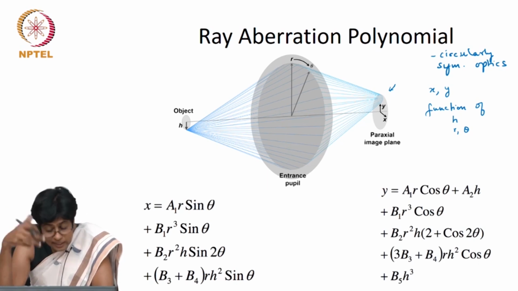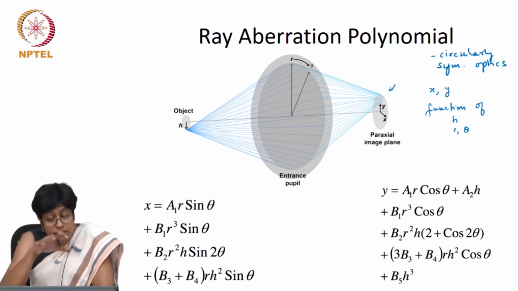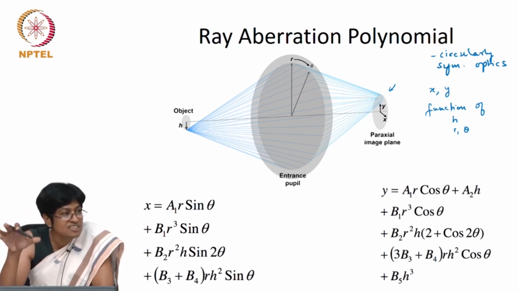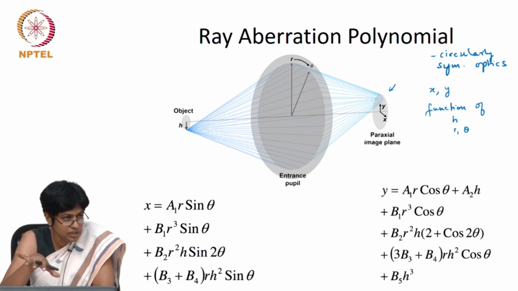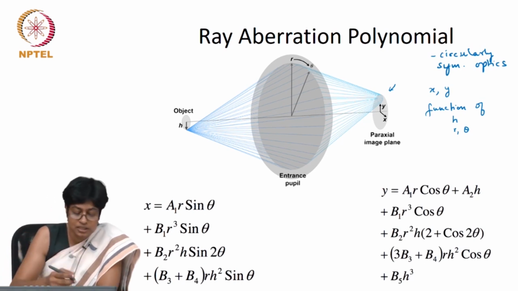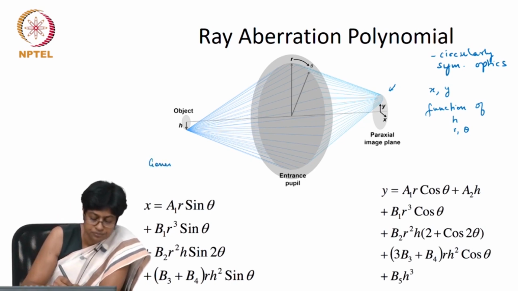So what Seidel did was to use some ideas and the fact that we're using symmetric systems to arrive at a general form of equations. We're not doing those derivations in this class. So the equations that are listed here, these are just the general form